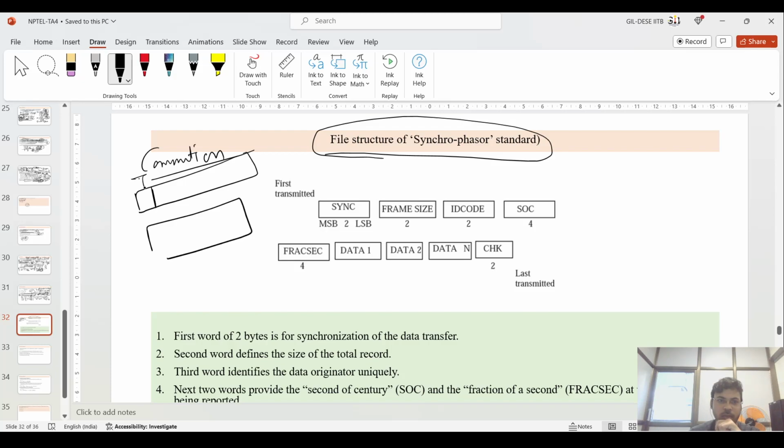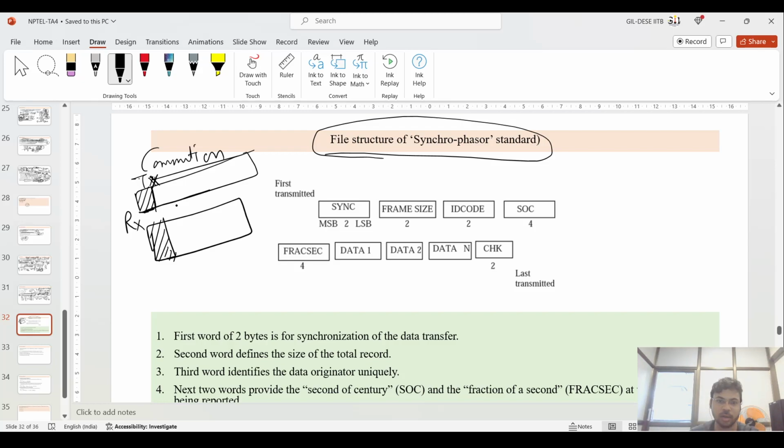First you send this data; if you have a transmitter and a receiver, then you should have a certain identifier of this signal, and at the receiving end you have an acknowledgement part also, because this transmitter must have sent